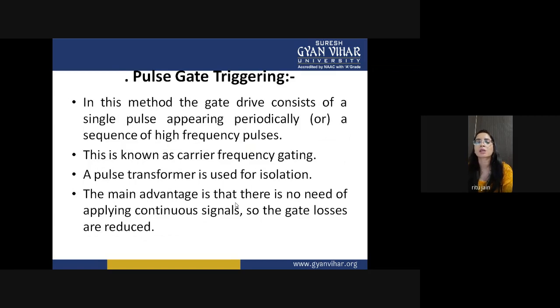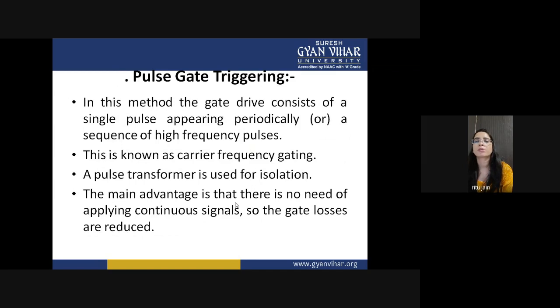But in the RC circuit, you are using one capacitor with your resistance, and for the positive half cycle, the capacitor is charging through your diode D1. For the negative half cycle, the capacitor is charging through diode D2. So the range of your angle alpha can be increased.